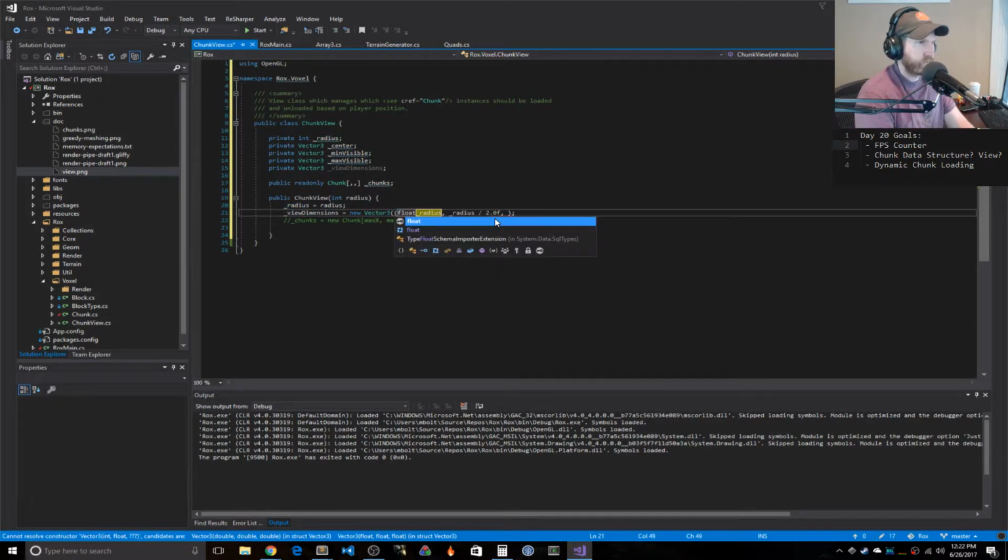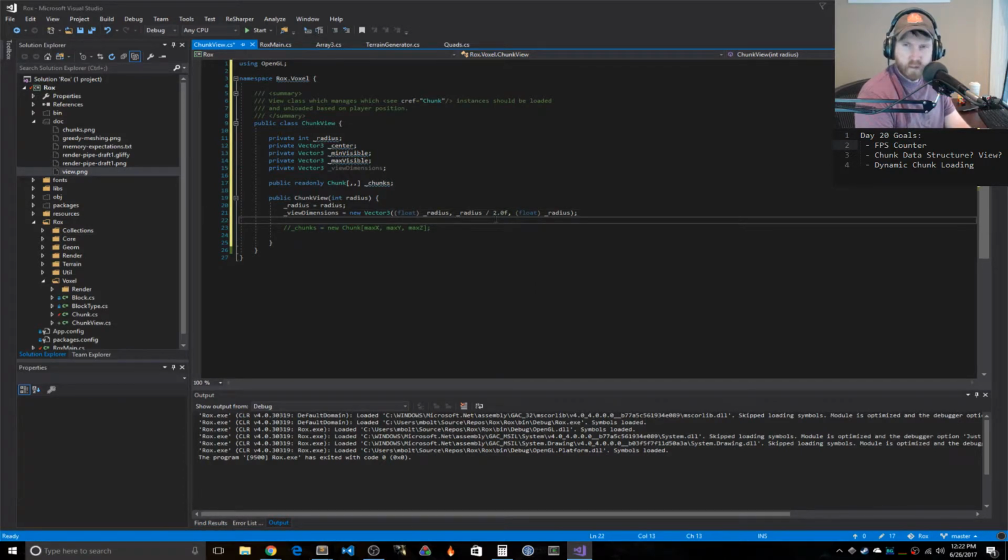Oh. And then radius. And then chunk view. Wait, we just call it chunks? Is going to be equal to this new chunk, and then